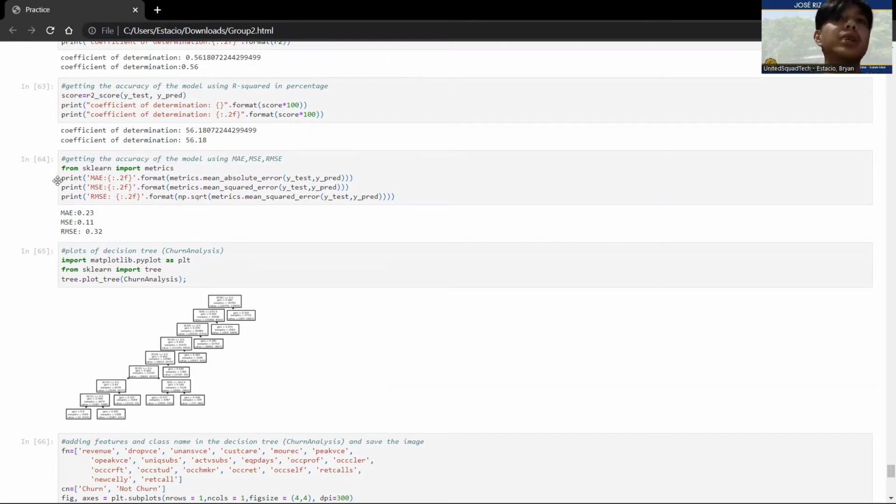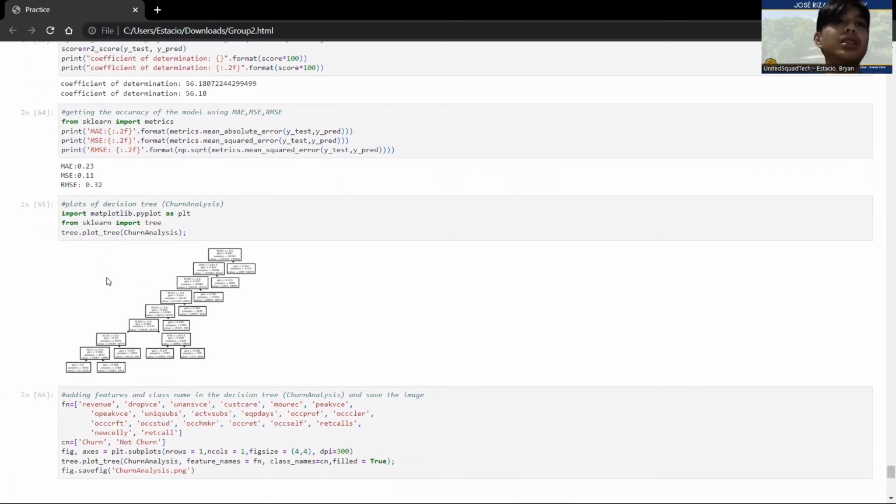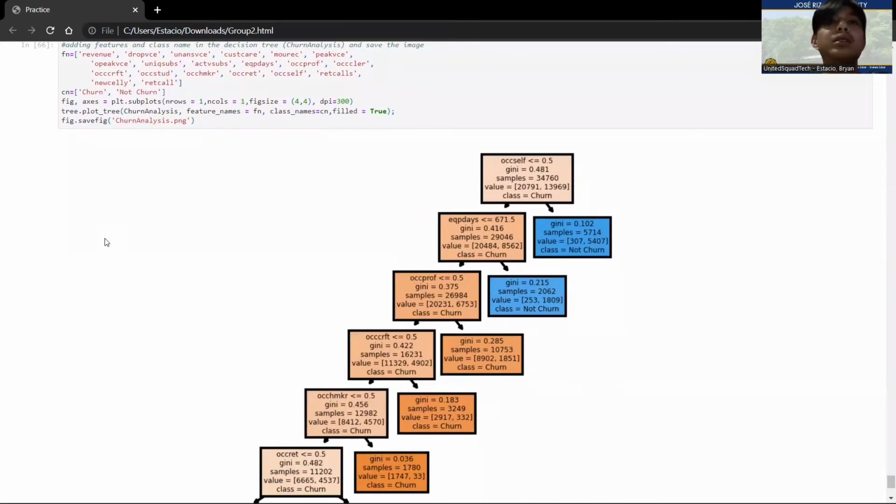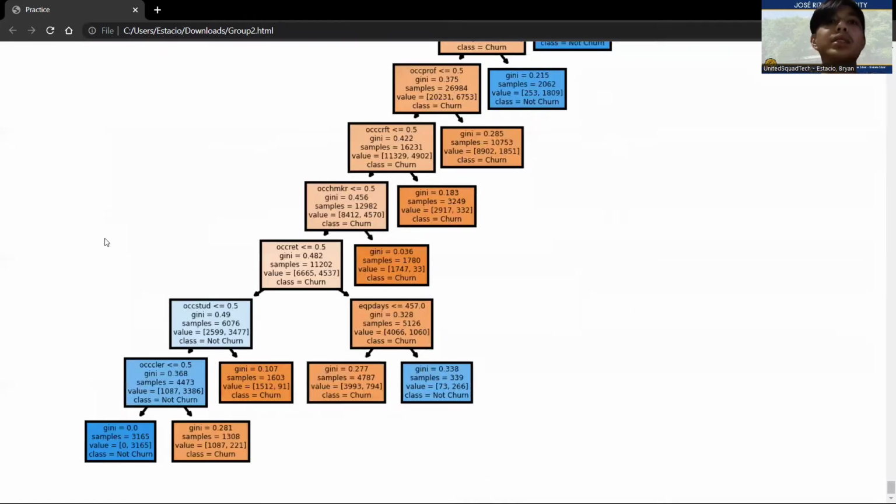For the mean absolute error, 0.23. For the mean squared error, 0.11. For the root mean squared error, 0.32. And this is the decision tree plot model. So that's it.